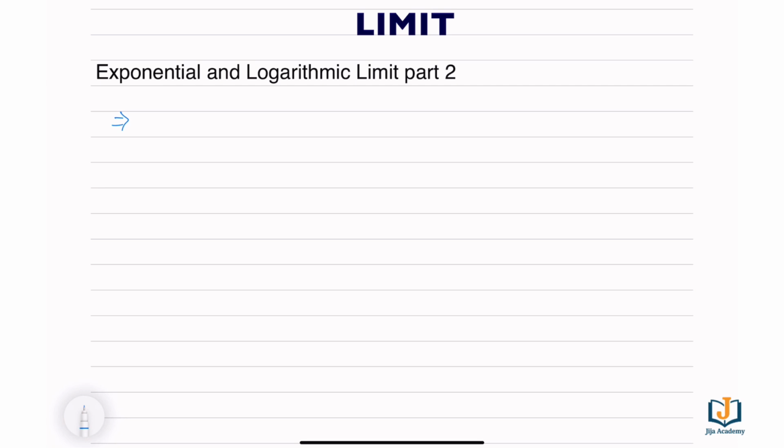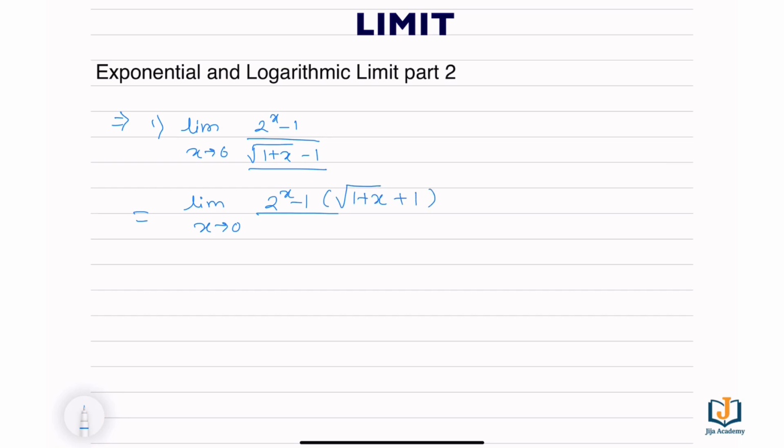First problem is limit x tends to 0, (2 to the power x minus 1) divided by (under root 1 plus x minus 1). Here is a square root 1 plus x, so we will rationalize the denominator. So we get limit x tends to 0, (2 to the power x minus 1) into (under root 1 plus x plus 1) divided by (under root 1 plus x minus 1) into